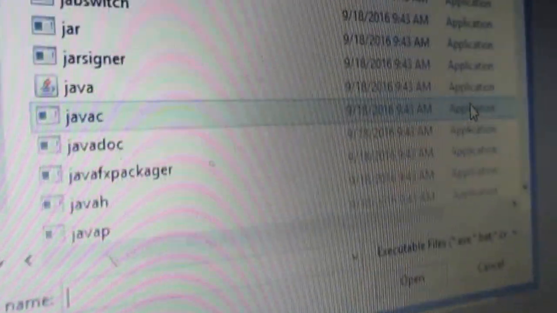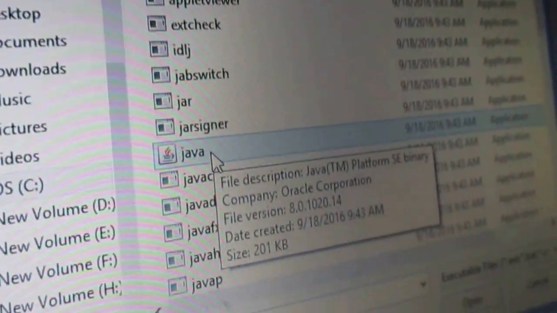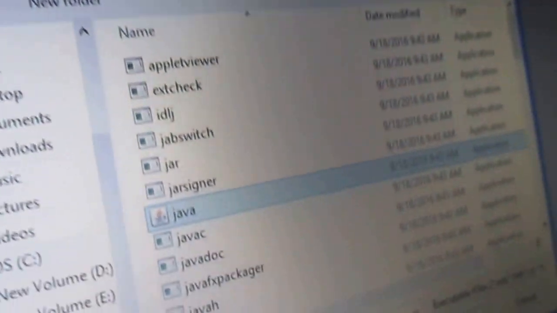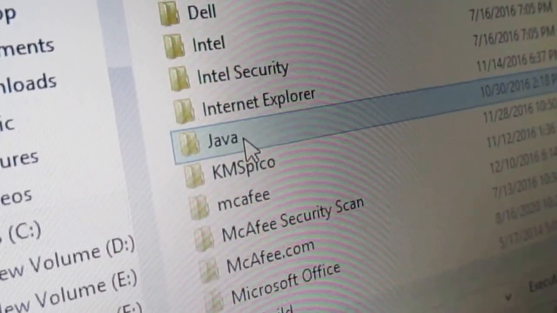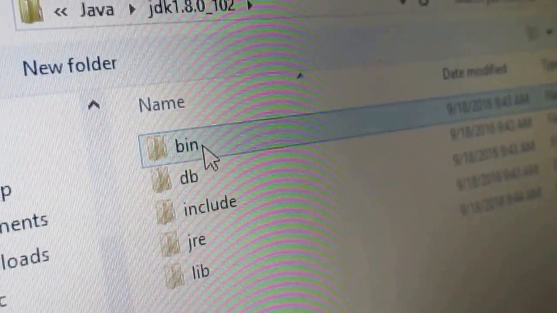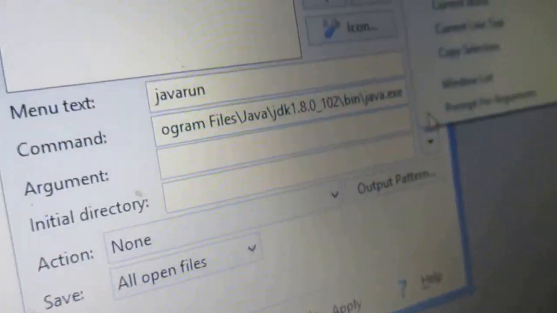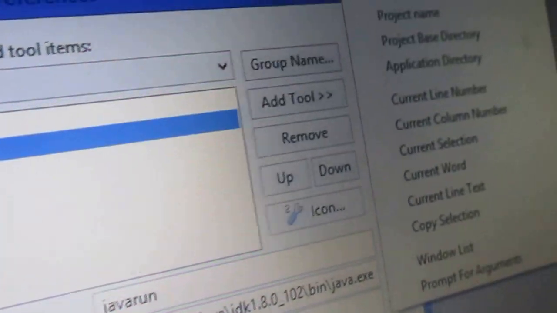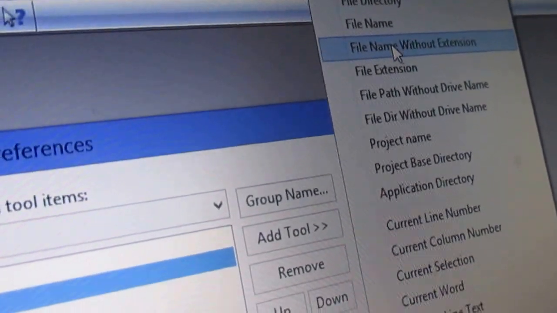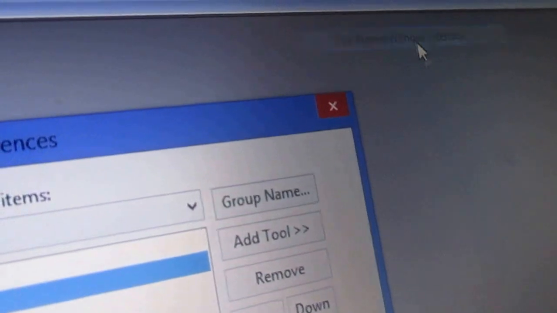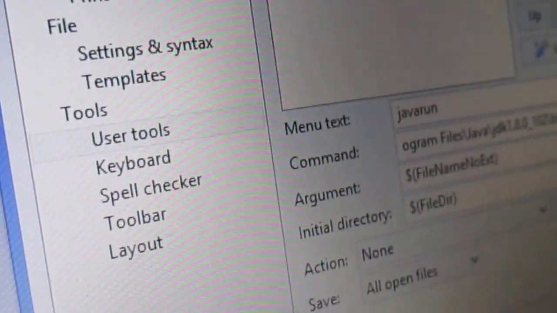For the command, to execute the program java.exe is required, and it is also available inside the C drive, Program Files, Java, JDK 1.8, bin. Whenever you execute the program, you mention the Java class name without the file extension, so I am giving the file name without extension as the argument, and the file directory as the initial directory. Apply and OK.